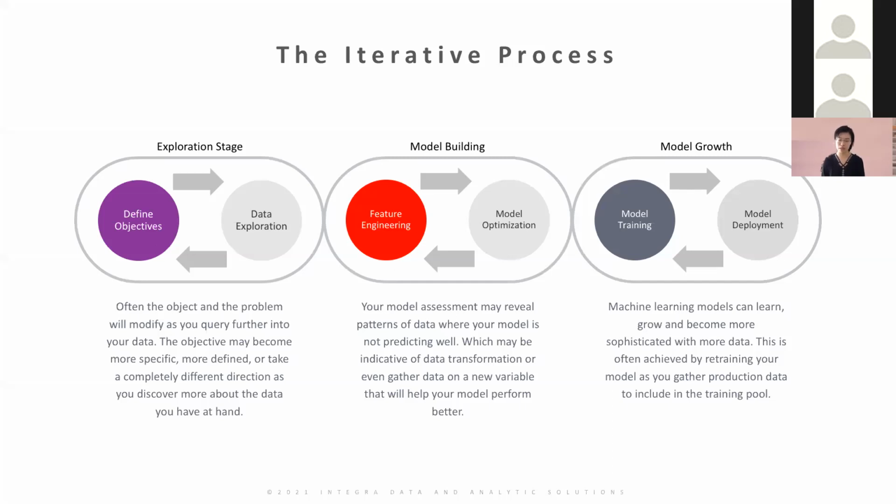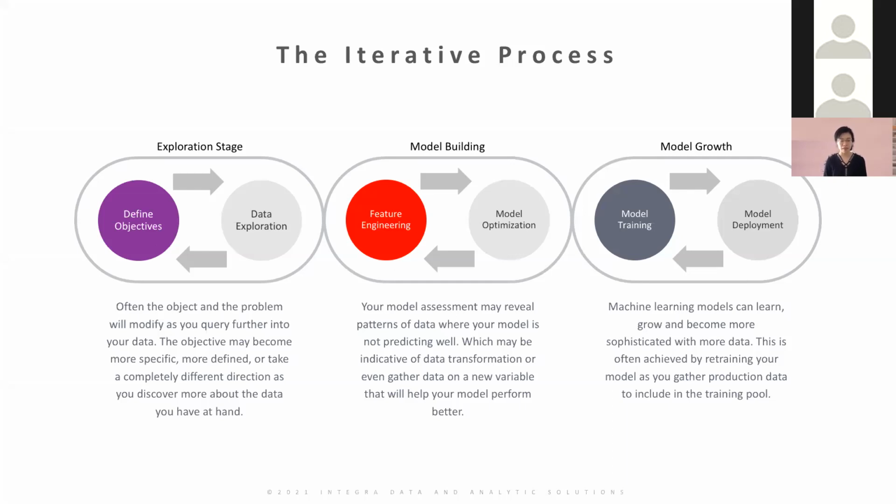When you get more data from your production, you can integrate that into your training pool, retrain your model, let it grow, and then redeploy it. So there's a lot of the cycle again between training your model and usually that also means going. That's what I meant by these cycles. They're not completely isolated from each other, but overall, you can